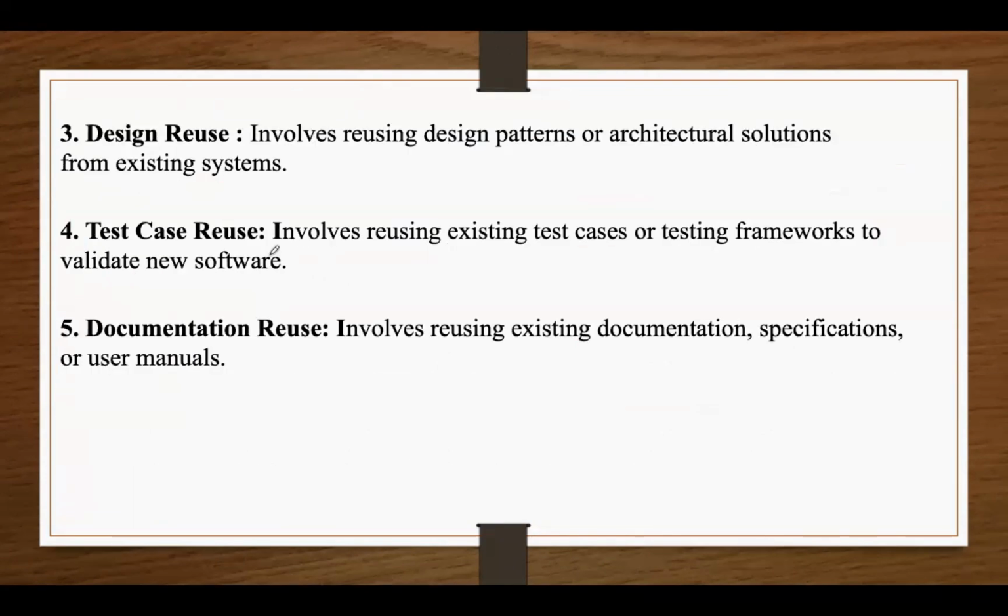Then design reuse. It involves reusing the design patterns or architectural solutions in the new applications from existing systems. So, simply we can say that we need to implement proven design patterns that address common problems in software design, facilitate better architecture and maintenance. And you can apply established architectural styles also, like MVC architecture or layered architecture, to enhance system organization and reuse